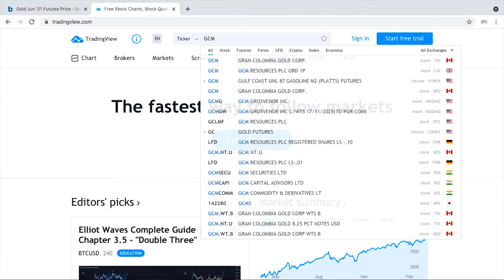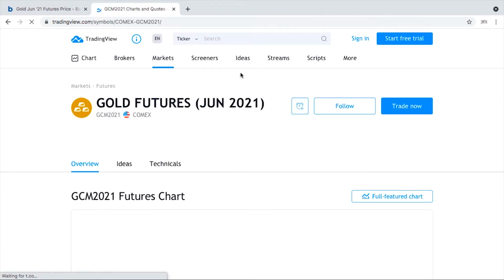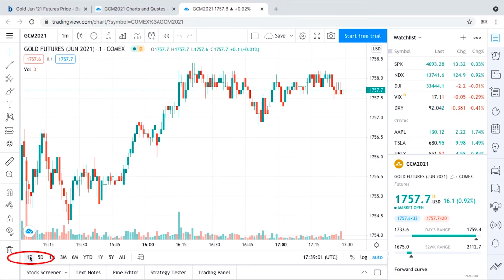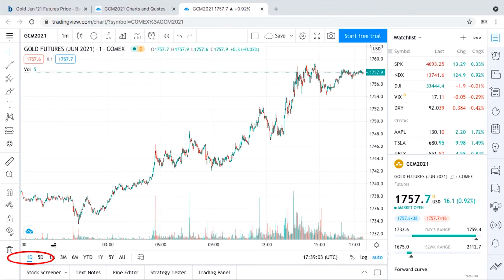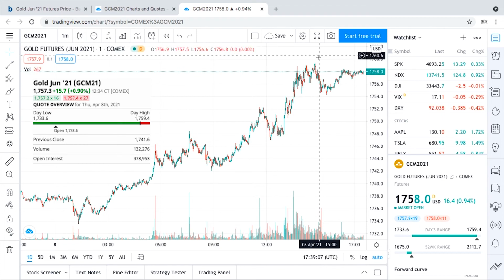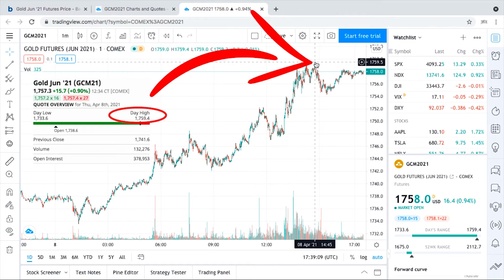And now let's find the chart for it on TradingView. Type GCM 2021, pull up the chart, full feature chart right here, and look at the 1 day chart. Then we can find the low right here, and we can find the high right here. And the more we keep doing this and get used to reading quotes and charts, this will become like second